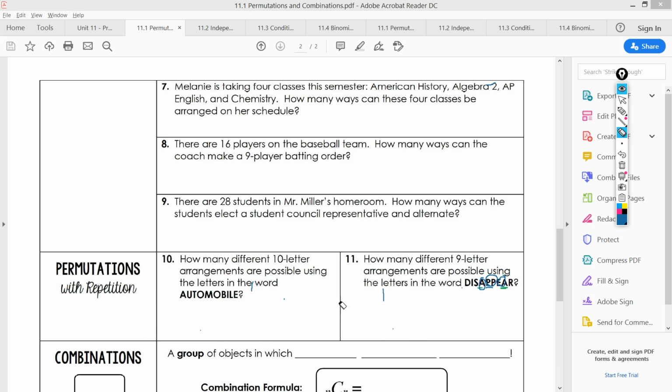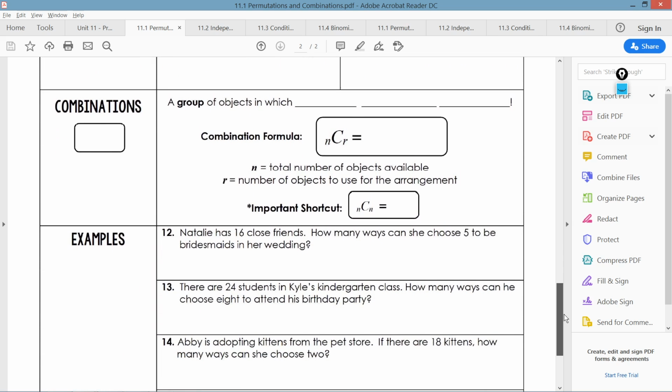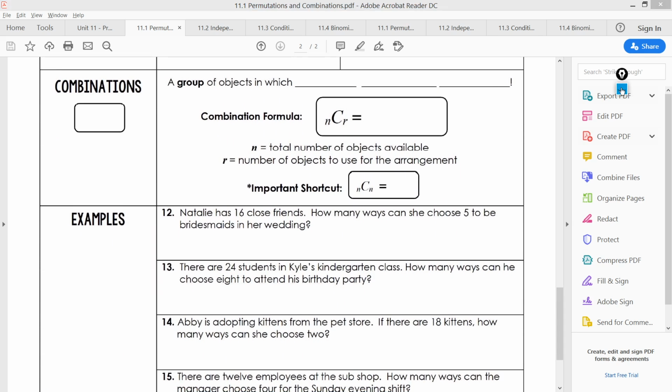The last thing to talk about is combinations. And in combinations, oh, there's something I didn't erase. Order doesn't matter. And we have nCr. And we read nCr as n choose r. And what we're trying to say is,